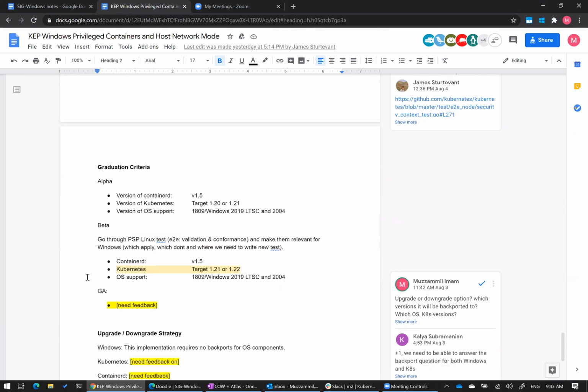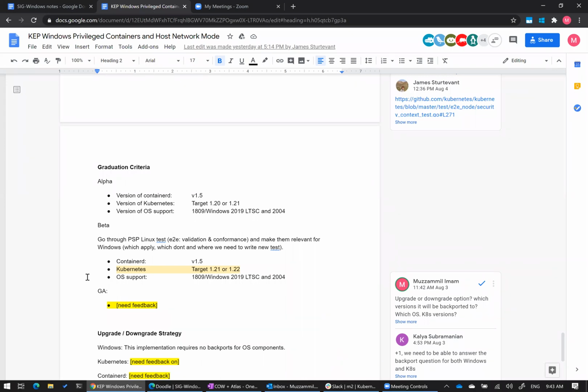So one thing to note about the job object implementation is that it doesn't necessarily have dependencies on specific versions of our OS. But we are trying to look at what is the most reasonable OS for us to start supporting from. In terms of what versions of Kubernetes we might be targeting,